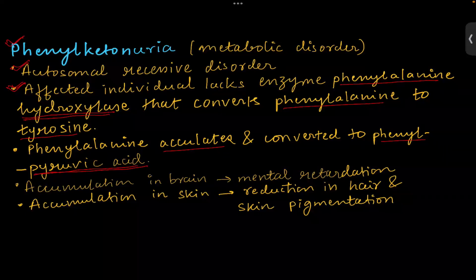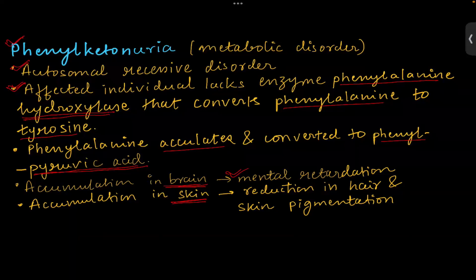So if this accumulation is happening in the brain cells, the affected individual shows symptoms of mental retardation. Whereas if this accumulation of phenylpyruvic acid happens in the skin, there is reduced pigmentation of hair as well as skin. So this particular disorder is due to a defect in one gene, but it is showing multiple phenotypic expressions. It can affect the brain, it can affect the skin. So this disorder comes under the category of pleiotropy,